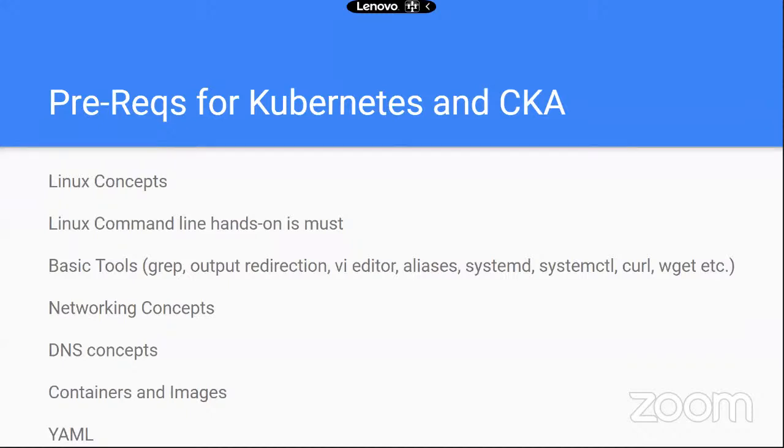Other than that, Kubernetes is actually used to orchestrate and make sure that you have a resilient cluster on which you can provision your workloads in the form of containers. And it is good if you have a basic understanding of YAML. So YAML is